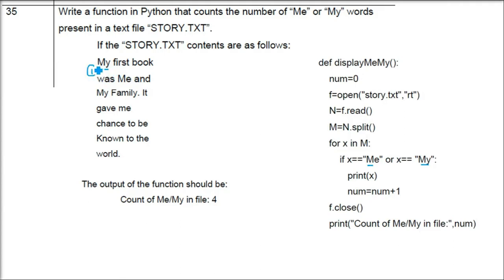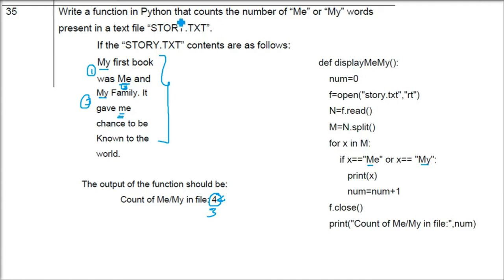Capital ME, this is capital M and E, will be counted 2, and then the third one, My Family, is the third count. So the counting is 3, but the stated count is 4. Why is it wrong? Let me tell you. Because there is one more me in this whole content. One me is there, but this is a small me, and the code being provided is for capital M and E, right?